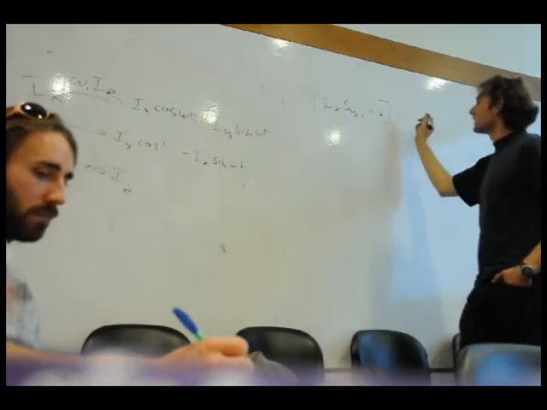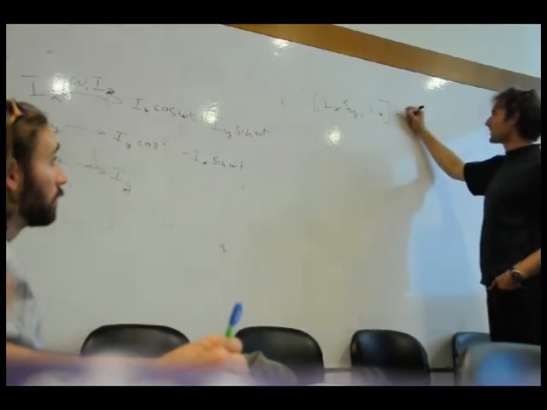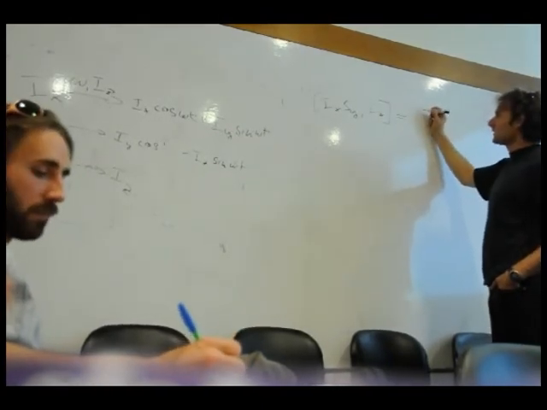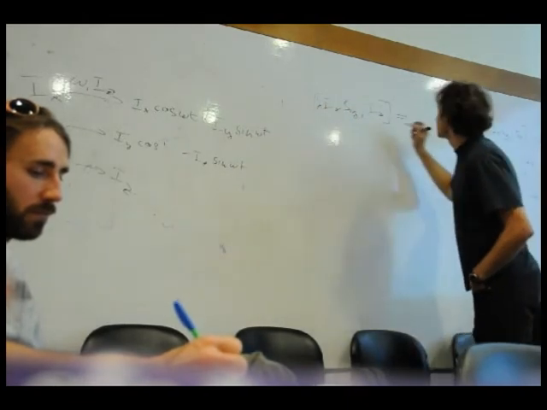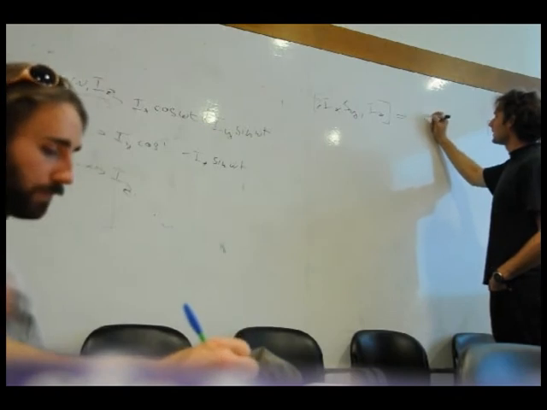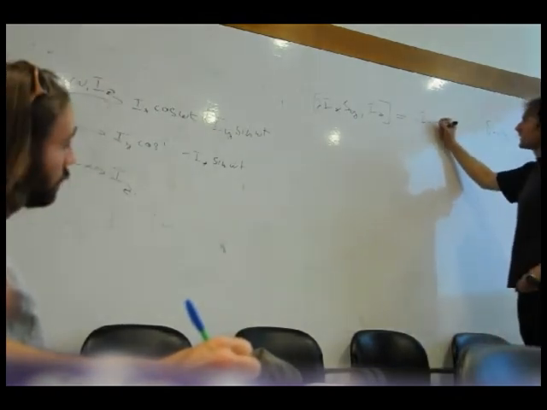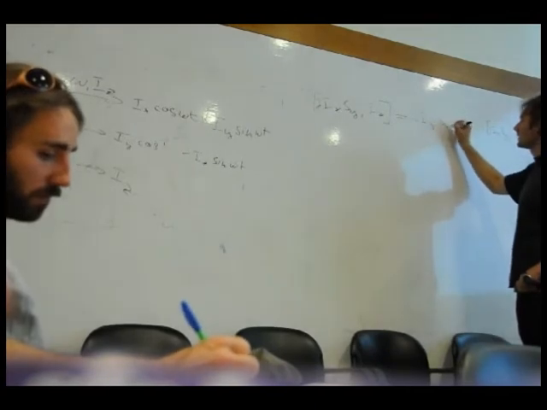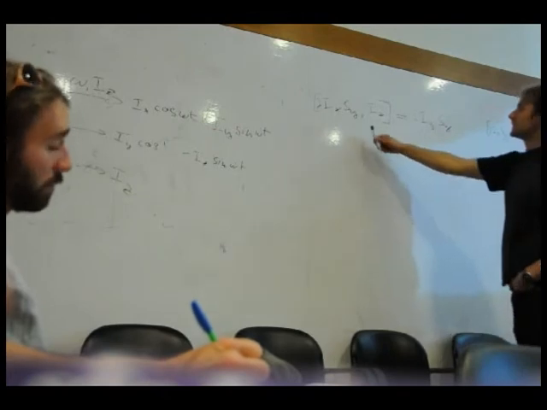This will be easier. So this will go to. What is the commutator? Let's just find this first. Minus 2i iy sy. Iy sy. So now the order is